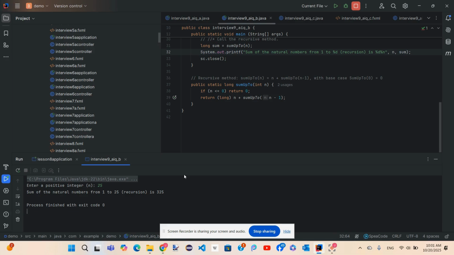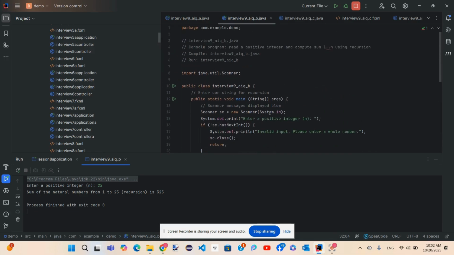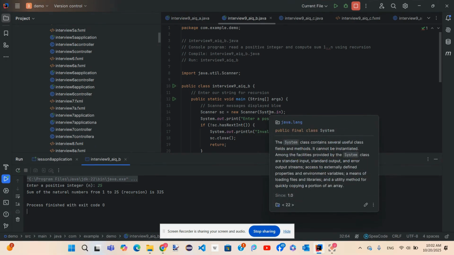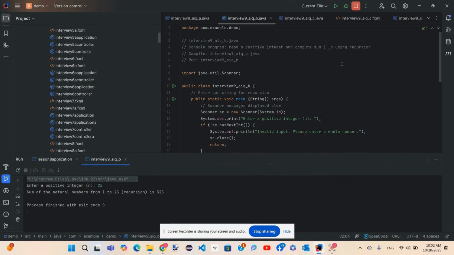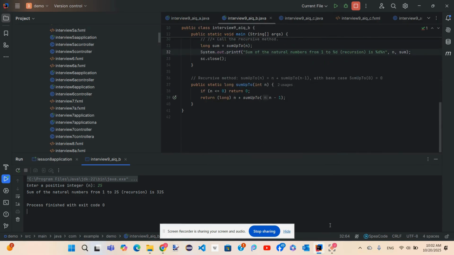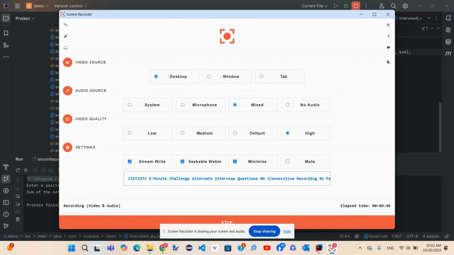The process finished with exit code 0. Let's get the example demo, computing the sum. Consecutive recording one is over. This is the end of this recording. For now, bye. This is the end of part 2.